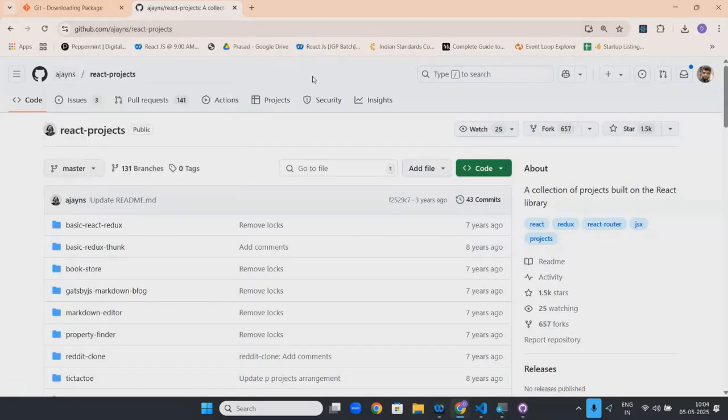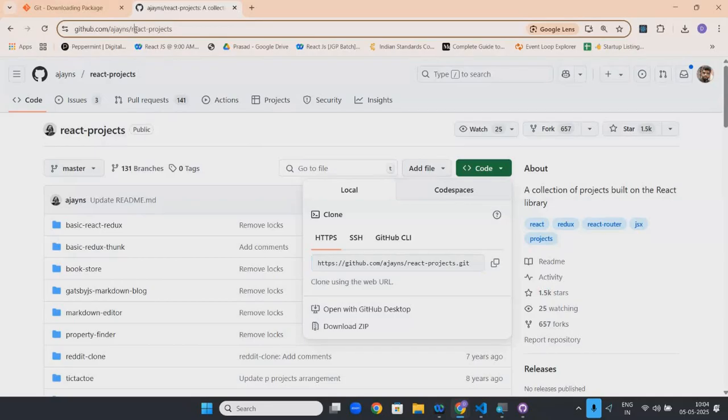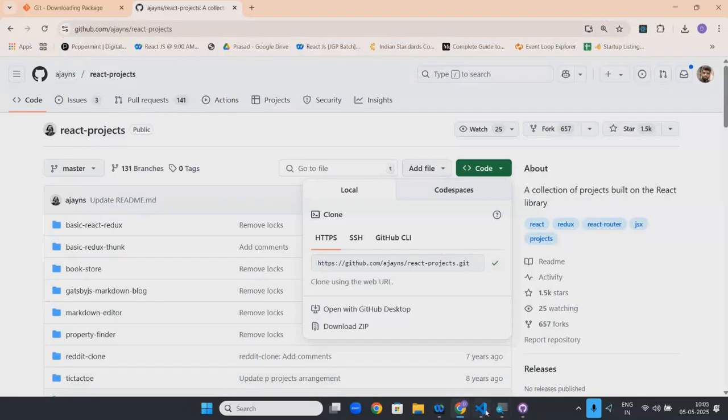So now what I will do, I will go here code. And in this code, take this link. In the code it is available, or you take this link dot git. दोनों same है. Now take this link, go to the file.